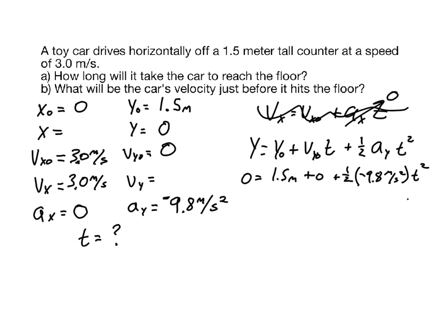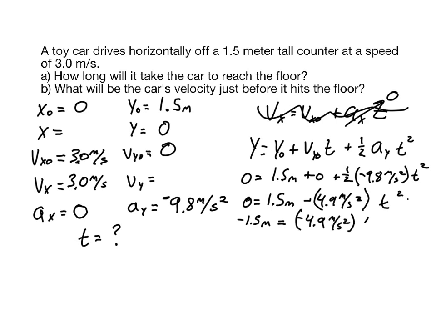Now we'll simplify this and solve for t. So we'll have, let's see, 0 equals 1.5 meters. 1/2 times negative 9.8 is going to be negative 4.9, and the units on that are meters per second squared, and then times t squared. I'll subtract the 1.5 from both sides. Negative 1.5 meters equals negative 4.9 meters per second squared times t squared. Divide both sides by negative 4.9 meters per second squared, and that gives me